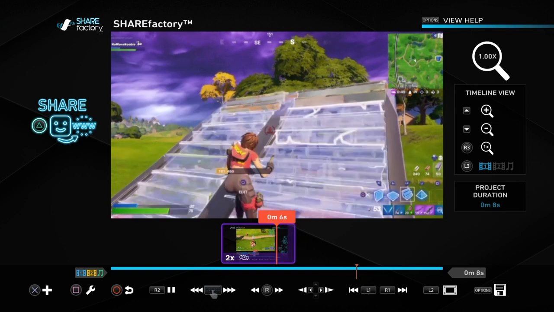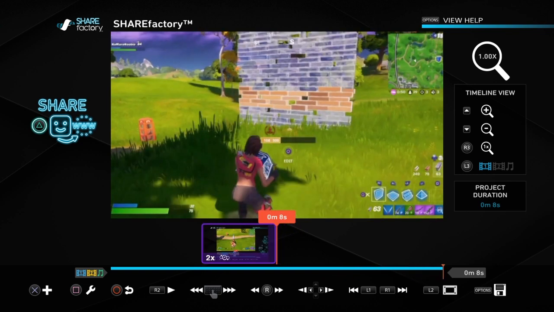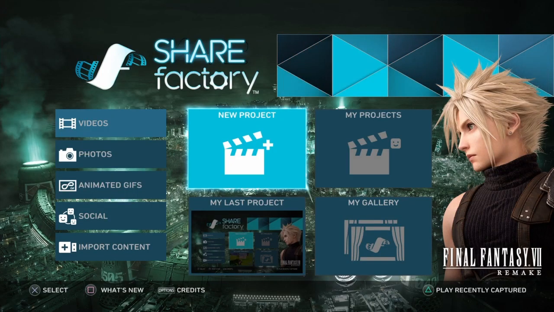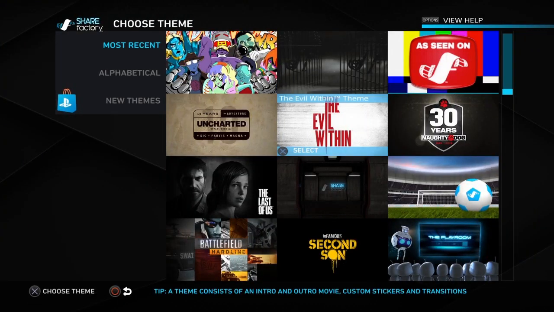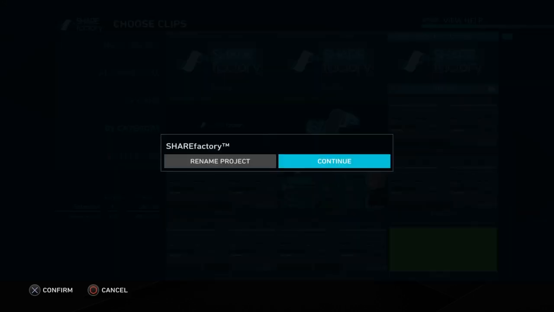Okay, good. So you can see that's a little bit jolty really, so we're going to repeat this process. We're going to push the triangle to render it, and then share later, new project, and repeat pretty much what we've just done. So we're going to go into it,